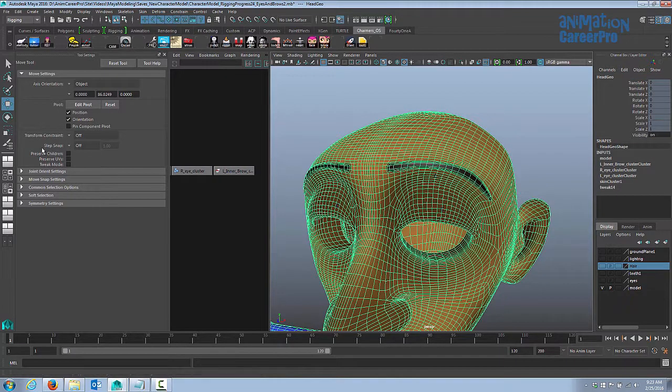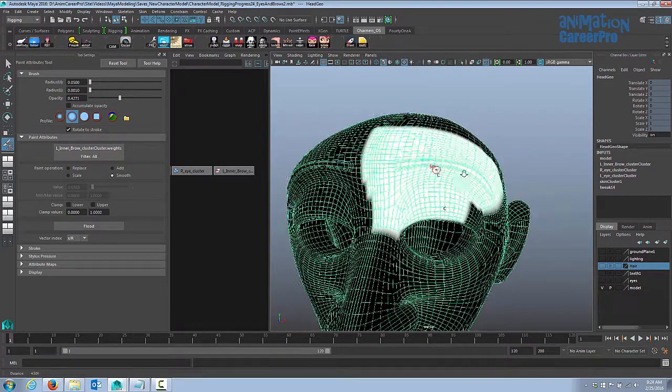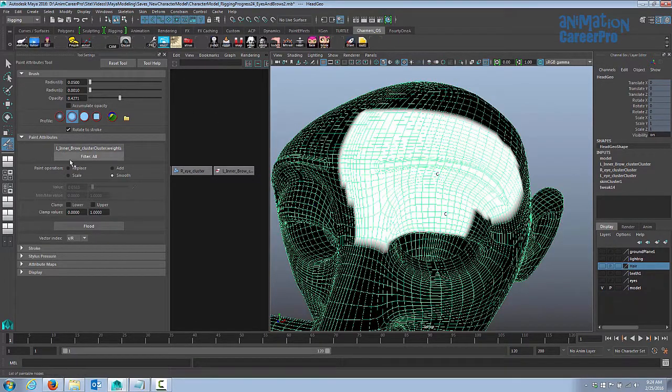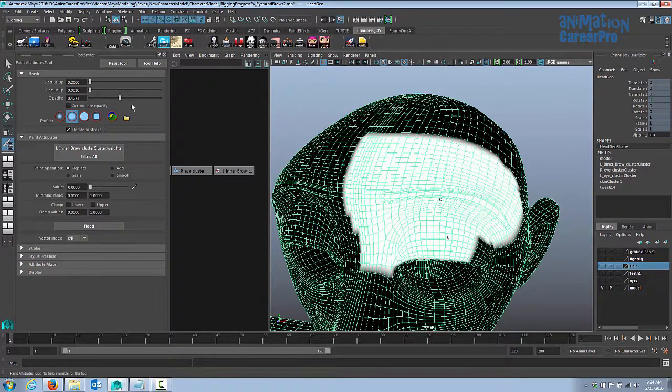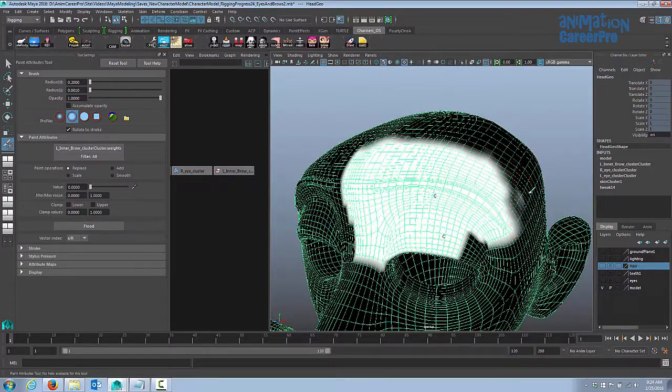So I'll select the mesh, double click on the icon here in the toolbar, and now if we click on here under paint attributes and we go to cluster, we can see we have a left inner brow cluster. So we can switch to that one, and I'm going to go to replace. First thing I want to do is just get rid of some of the weights around the perimeter here. So I'll go to replace, drag that all the way to 0, and we're going to have to increase our brush size a little bit. So let's just go to maybe 2 for now. And I have my opacity at half. It's nice to keep dragging this up and down as you need it. So I'm going to just leave it all the way at 0 because I want to completely get rid of some of these weights here. I'm going to use the smooth flood option later on, so it'll actually put some weights back in these areas. So I'm just going to take weights away completely from the edges.